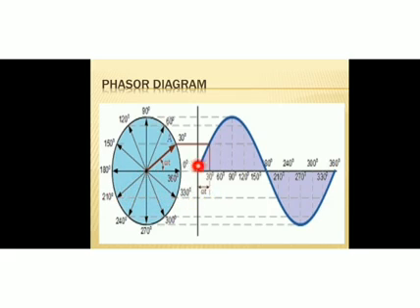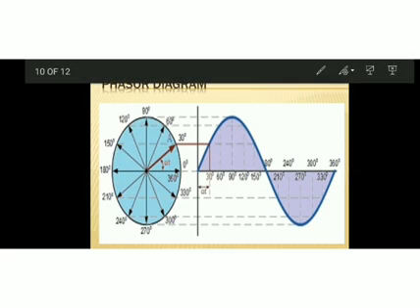See, so as we move towards the right of the VI graph, we move towards the left of the circle in the phasor diagram or in the phasor plane. And here when one cycle is over, see, this is one cycle, and in one cycle the phasor rotates through an angle of 360 degrees. So one 360 degree rotation is completed in one cycle of AC.